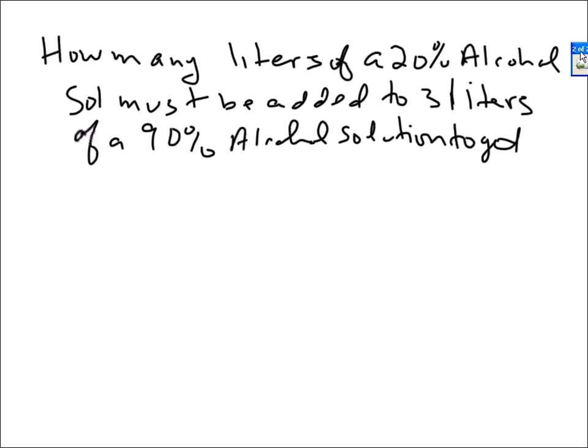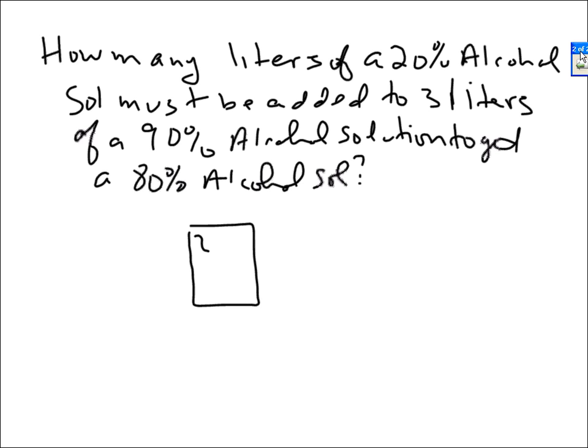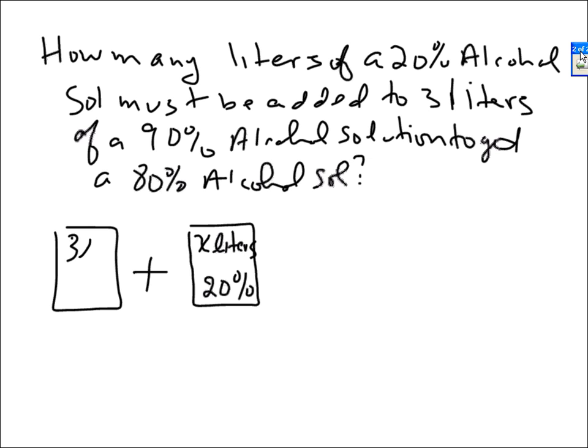to get a 80% alcohol solution. Well, how many liters of a 20% alcohol solution? So we don't know how many liters, let's call it L, and then we know it's 20%. How many of these liters of the 20% solution must be added to something? Added to 3 liters